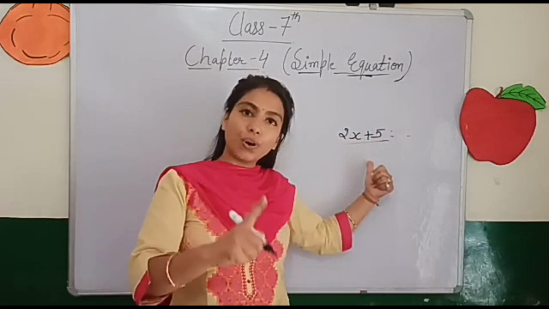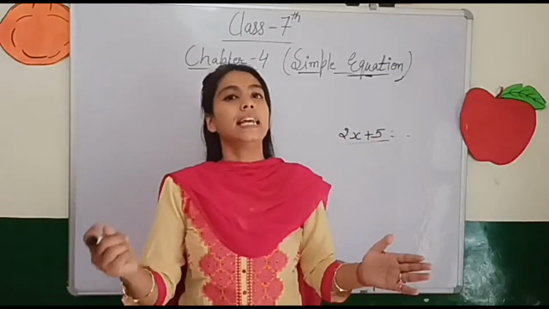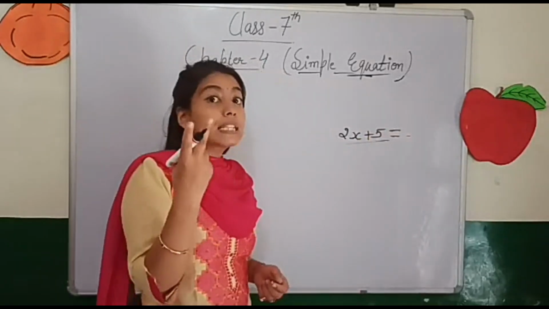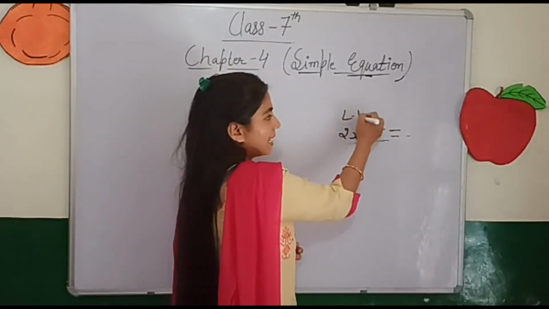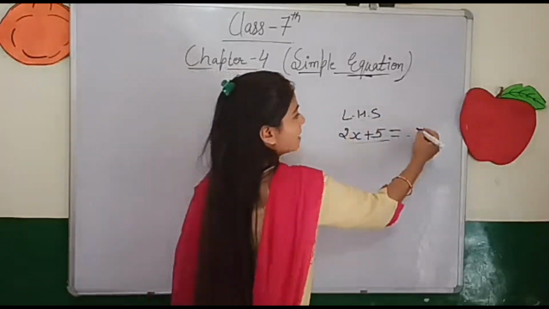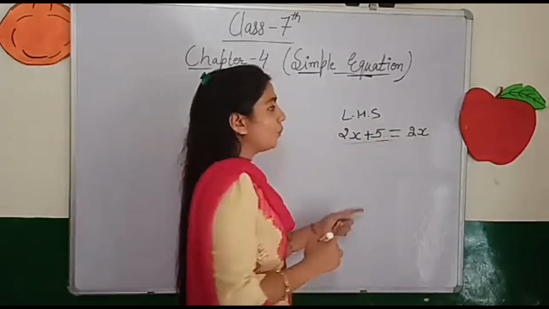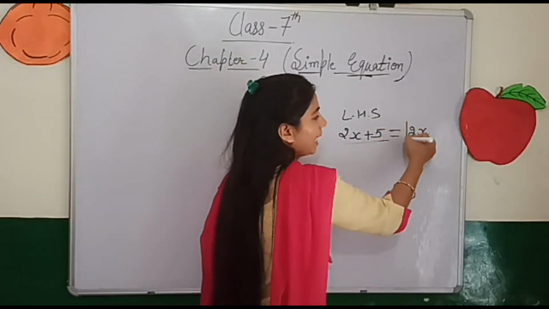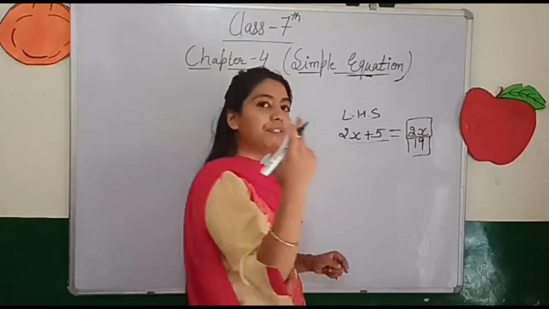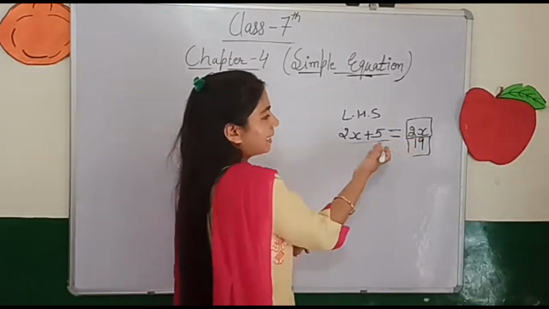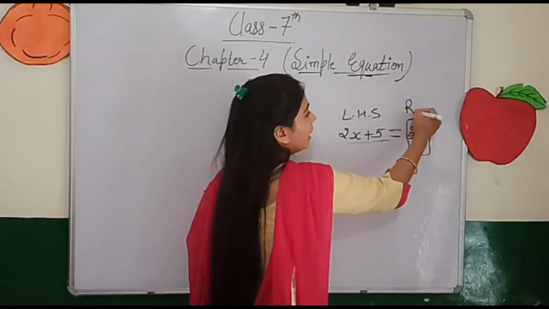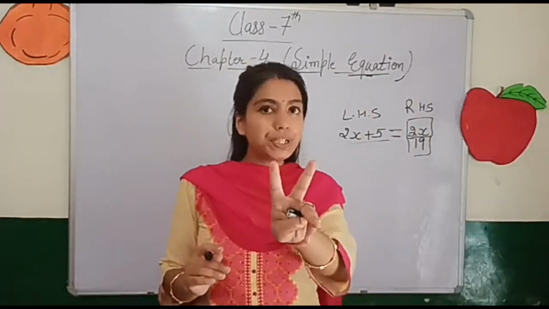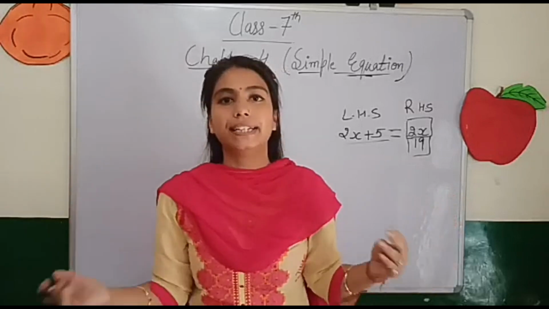Fine students, we got what an expression is and what an equation is. In an equation, you always have two expressions, a left hand side term and a right hand side term. It could be a variable or a constant, it can be anything, but you have two terms, the left hand side, and then the other side is called the right hand side. So in an equation we always deal with two terms, left hand side and right hand side.